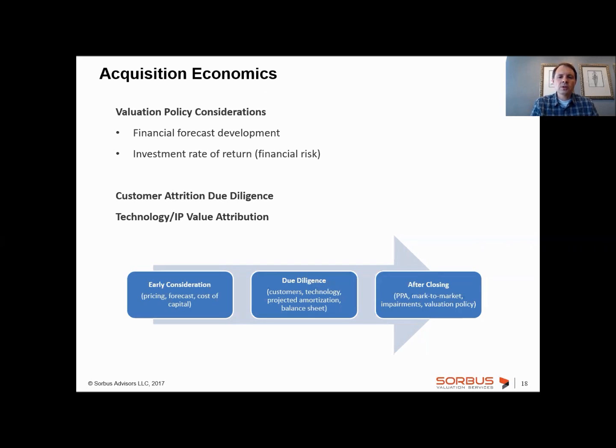Now, also, all the work that you do on the financial forecast can be incorporated into future valuation policies. So, in other words, this is very much an iterative process. And so we go back to the management and we ask for different forecasts. We ask them to adjust it for all those factors that would make that financial forecast applicable or appropriate for pricing purposes. And again, 75% of the time, we suggest adjustments to the forecasts that clients provide to us.